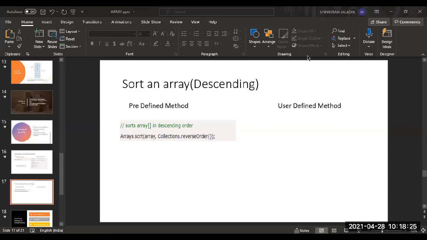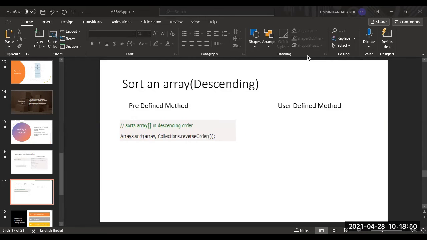If they ask you to write a sort program based on the method, you have to use the method itself, or else if they ask particularly to write a user defined method, you have to write that one. Because this is a small program, maybe some invigilators, I mean examiners, will consider it a 2 marks question or something else.